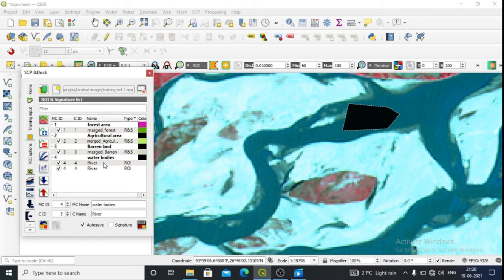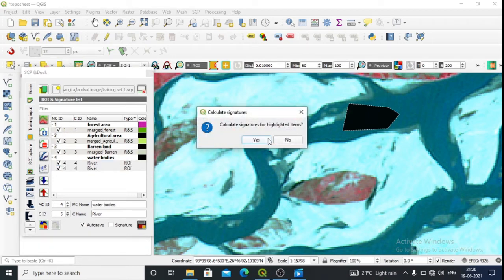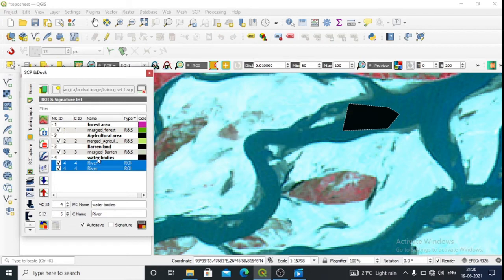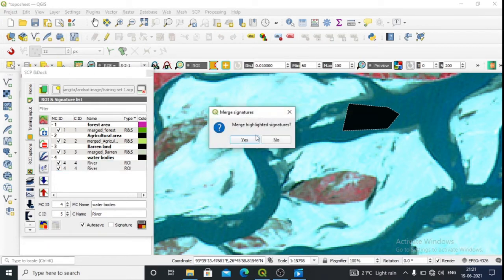Okay, now let us merge it. Sorry, not this one. Merge it.